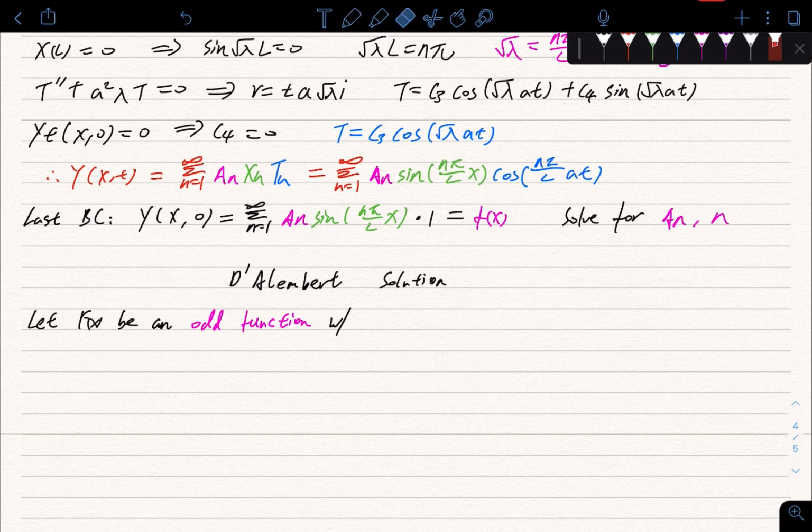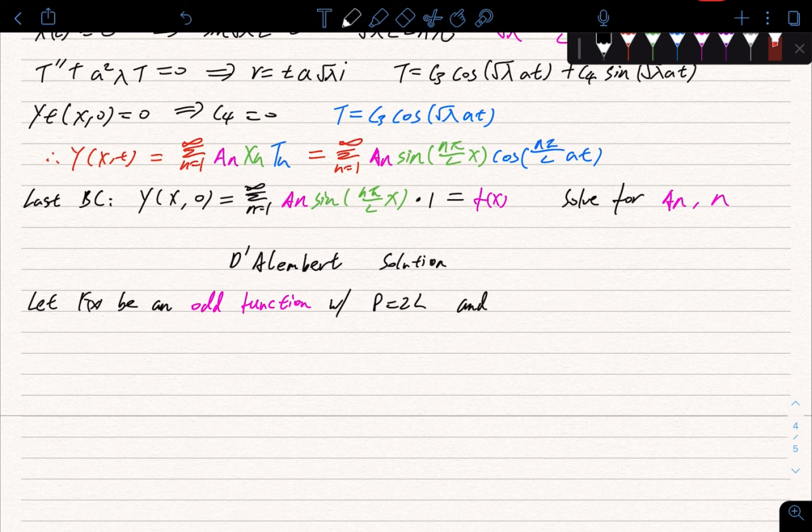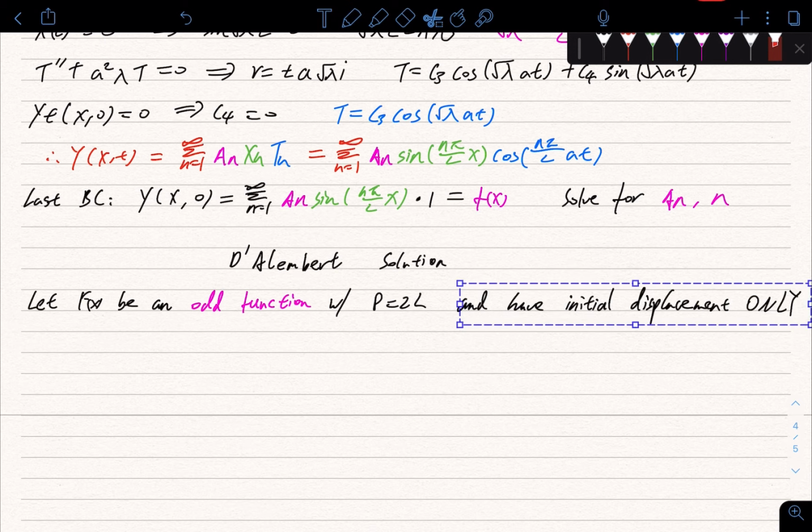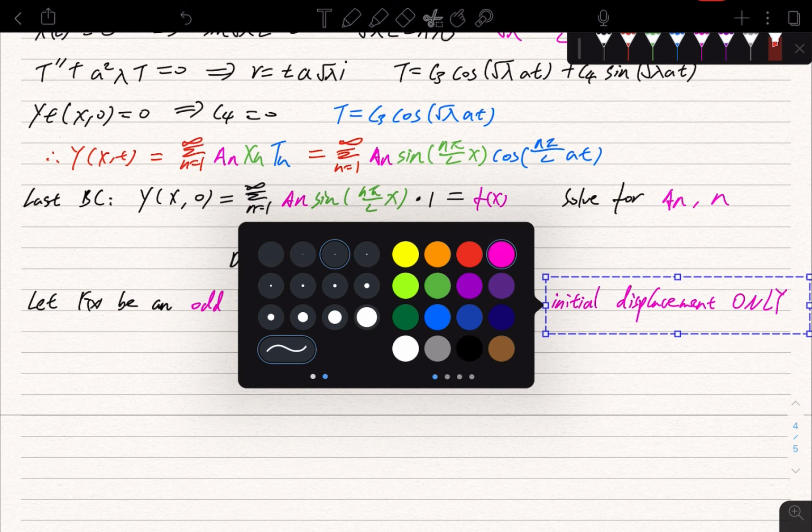So period, I'm just writing p equals 2L. And contains initial displacement only. Then